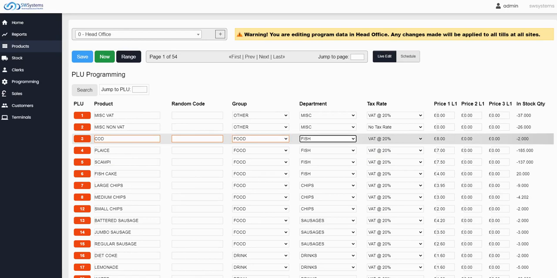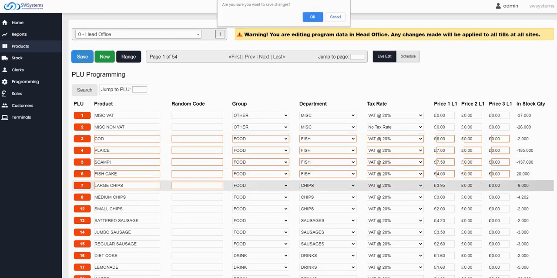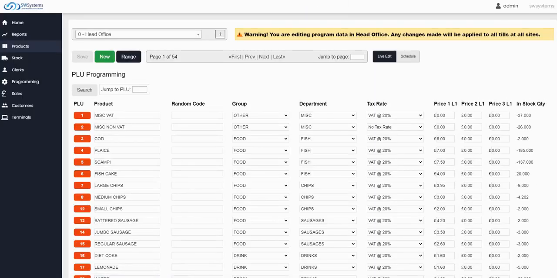And you just repeat that for the next load of products, and as soon as those changes are done, you just press save. The system, the cloud, knows immediately to make those changes, and it's instant, and it's that easy